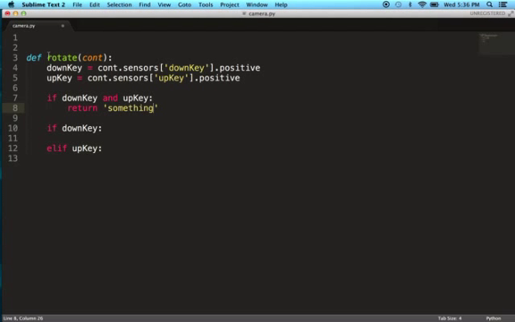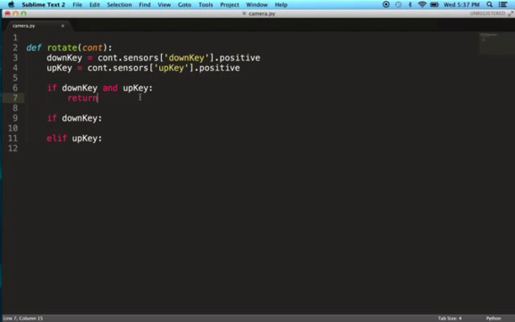So if something called this method, like if up here I said rotate with cont equals my controller, then this would return whatever the return statement said, and if there was nothing returned, it would be none. So here I could say a equals, and if I returned hello, a would be hello. But here I just want to leave this method. I want to stop it from happening. So I'm not going to return anything. So if the down key is pressed,